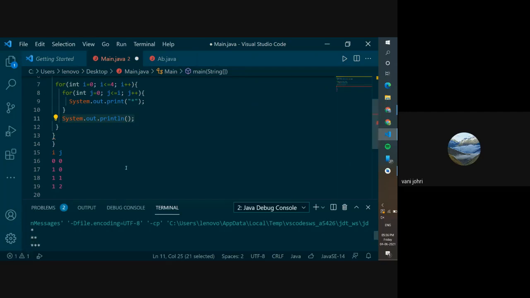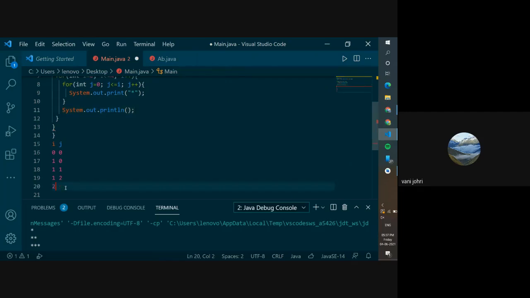Now let me know if you guys understood this part. Yes, ma'am. Okay. So now that's how it works, anybody wants to ask something? No? Okay. So then again, as it ended, it will go back to this for and increase the value of I by 1. So I will now become 2.